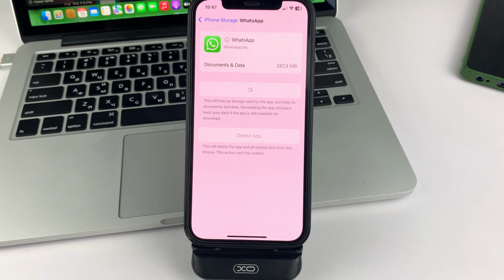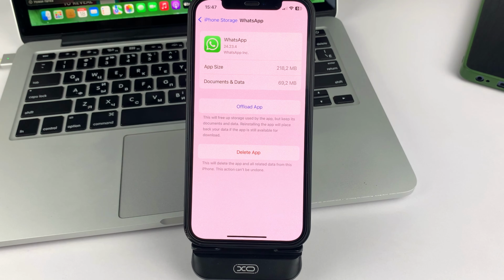This method will help you with 100% probability to fix any issues in WhatsApp, because in this way all the data, all the files of this app will be refreshed. The app will be updated to the latest version. Some corrupted and unnecessary files will be deleted. And you will be able to make full use of the WhatsApp application again.